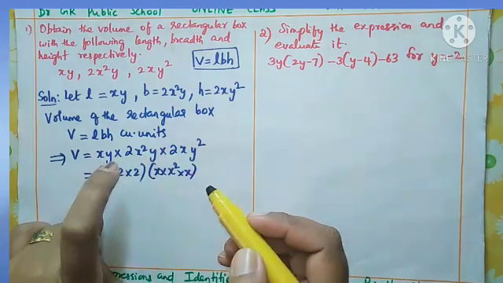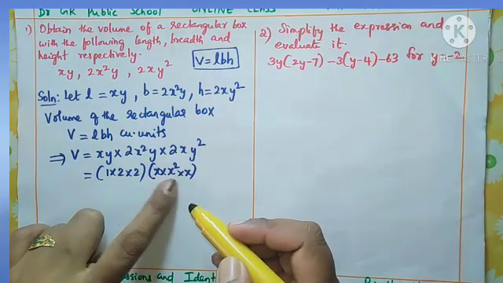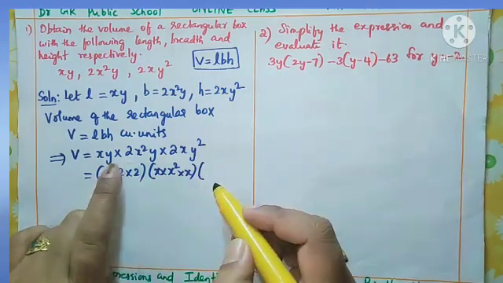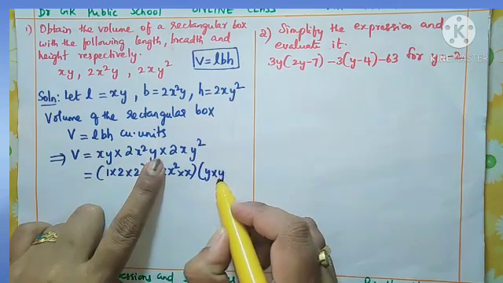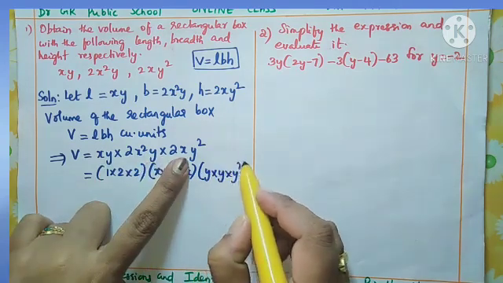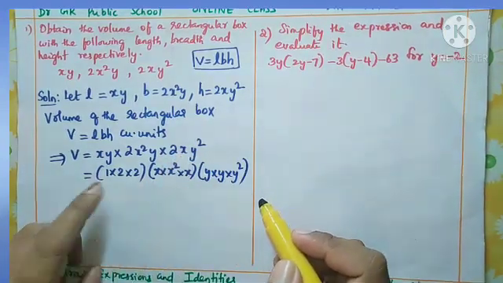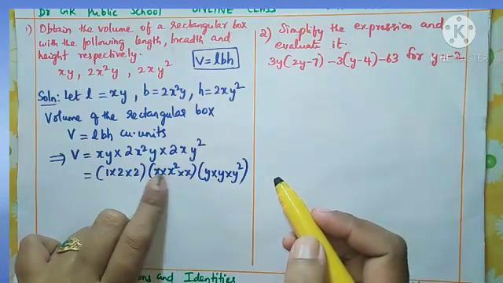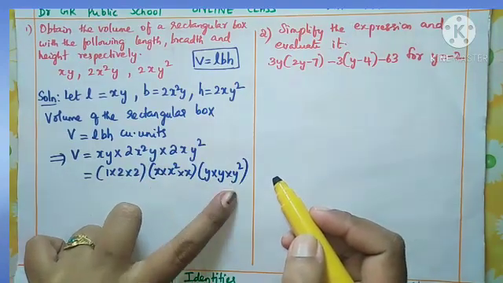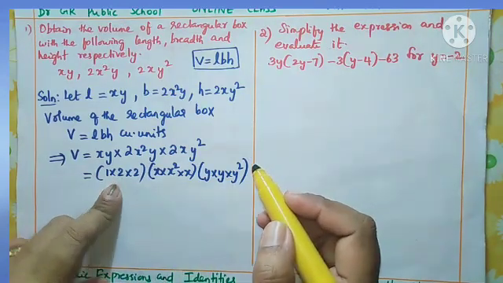If you know directly, you can write it, but to make you understand, I am writing it differently. And third, you want to collect all the y's. So y into, here also, y into y square. So this is the way to collect and multiply: the number separately, the x terms separately, and the y terms separately. Okay. So now we need to multiply these numbers.